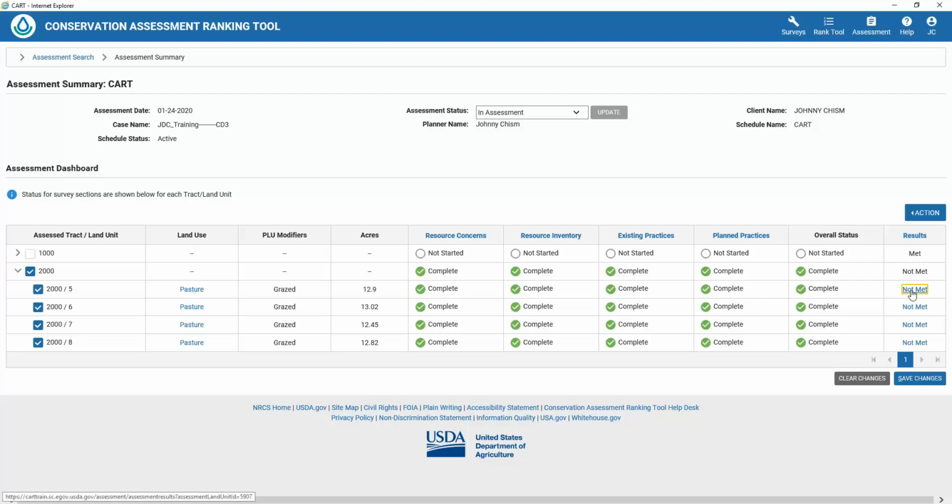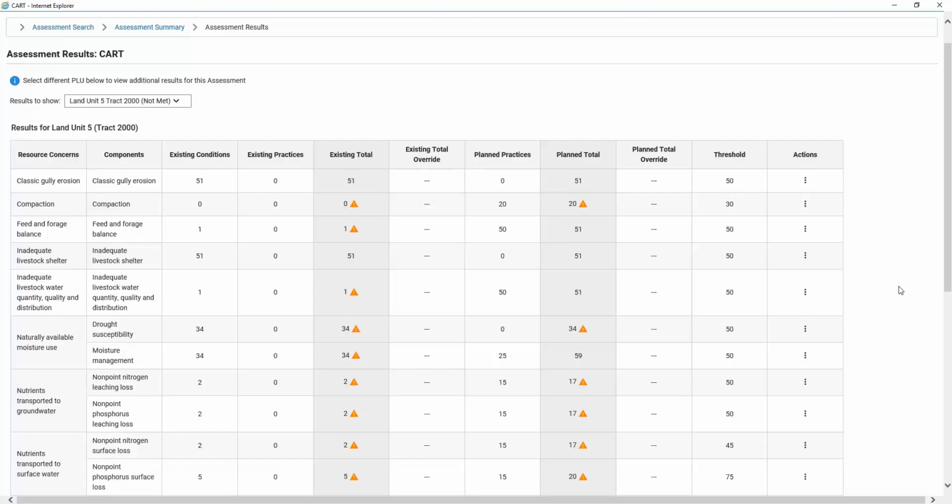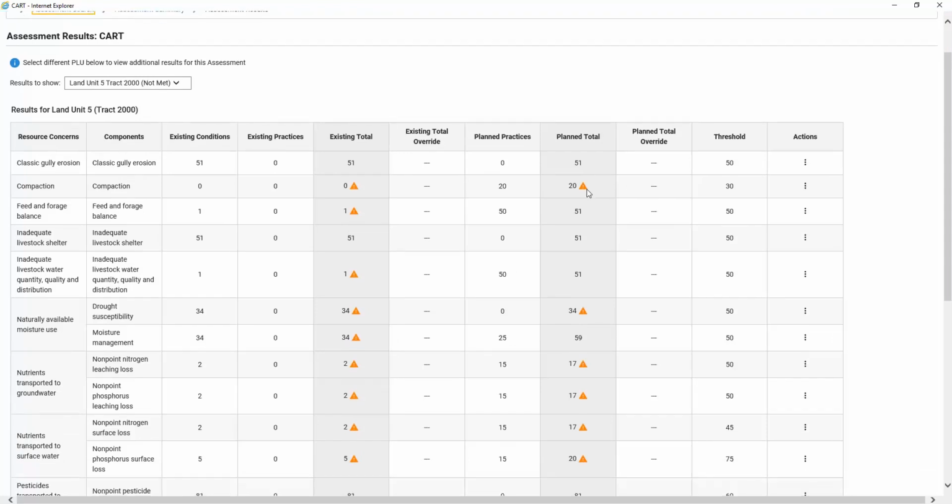So again, if we look at the results for field 5, we'll see the existing total, which is basically the benchmark condition, and then the practices that we included had some points, and this is the plan total. This is kind of the after condition, and of course this is the threshold. If you look at field 5, it still did not meet the threshold even after the plan